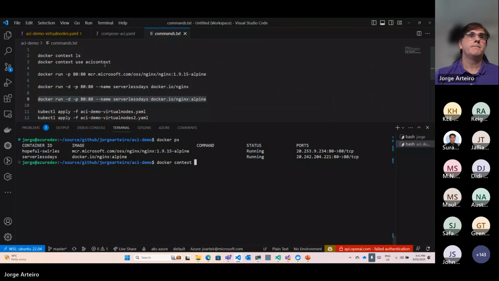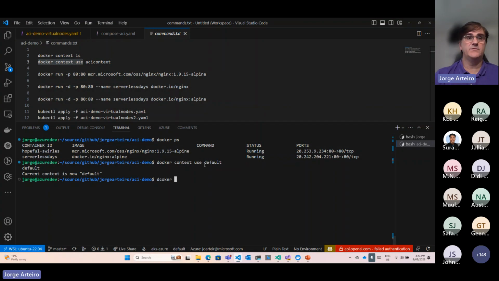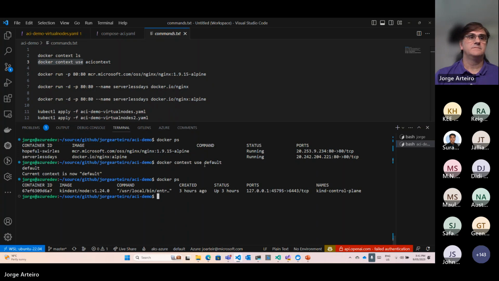Here, docker context use default. There you go. Now I'm back to the local Docker. That's how you switch from the local context to the ACI context. Now that's my local Docker.